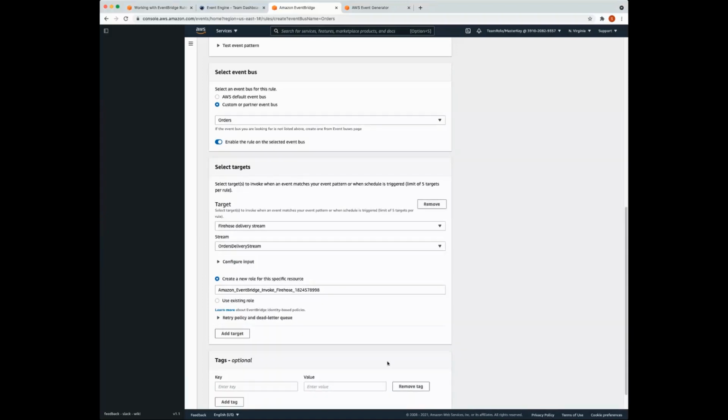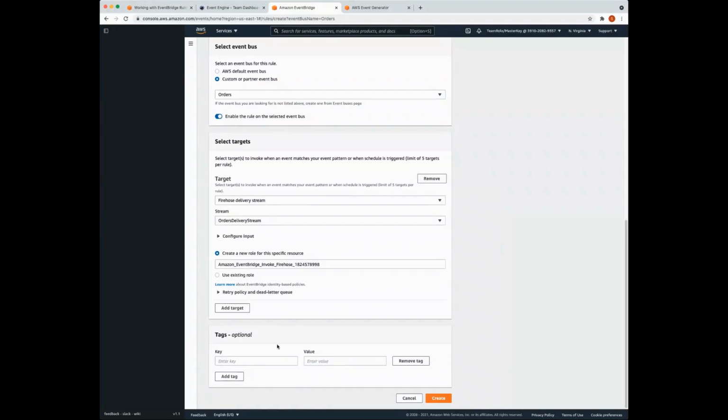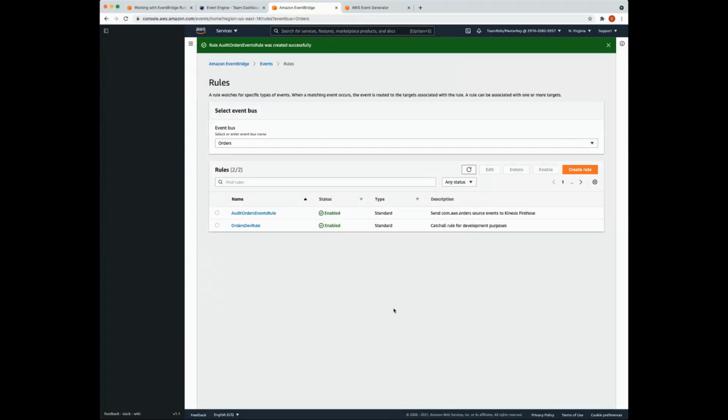We're going to leave our tags blank again, and we're going to go ahead and click create. So we've created a new rule that's going to catch all events from a particular source, that's the com.aws.orders source, and we're going to route it to Kinesis Firehose.